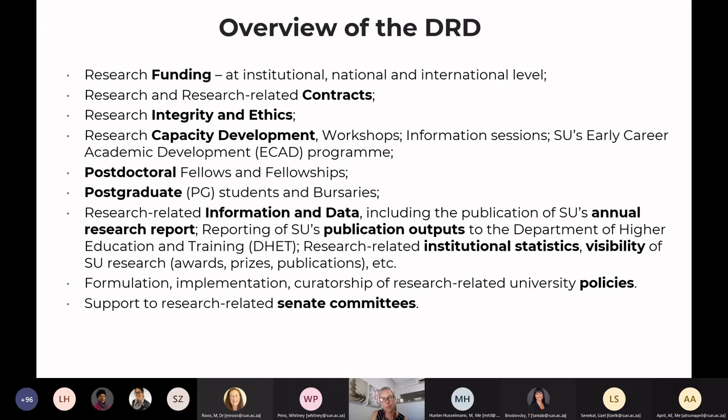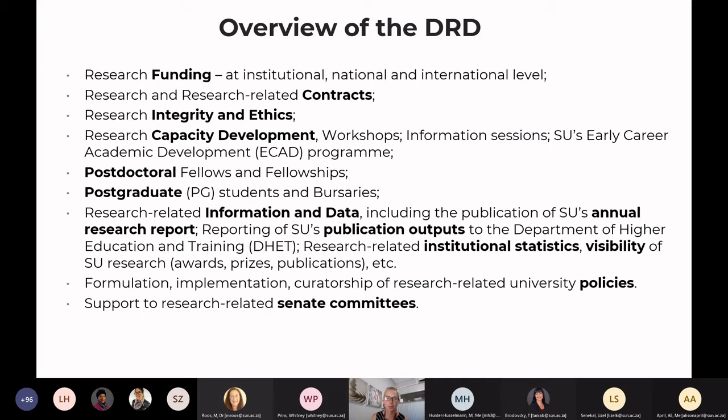Postgraduate students and bursaries are dealt with by us through our Postgraduate Office and the Postgraduate Funding Office. And then we have a whole lot of research-related information and data that we have to look after and collect. And that includes the publication audit. So every year we have to count the publications of the university and make sure that they comply with the requirements of the Department of Higher Education and Training for subsidy, which forms a large part of the income of the university. And we are responsible to provide to our rectorate and to other stakeholders institutional statistics on research, grant income,